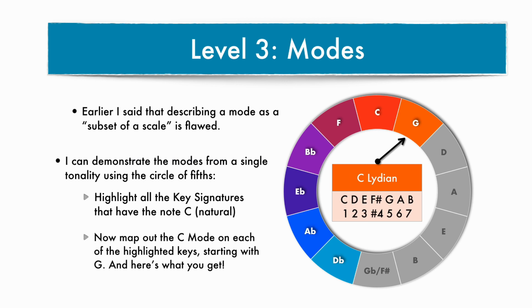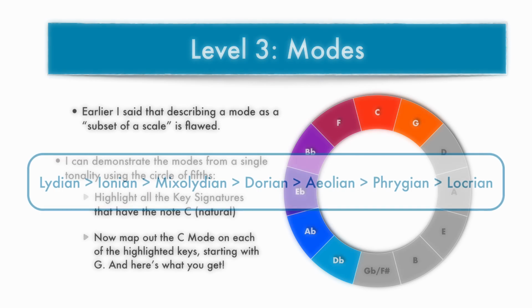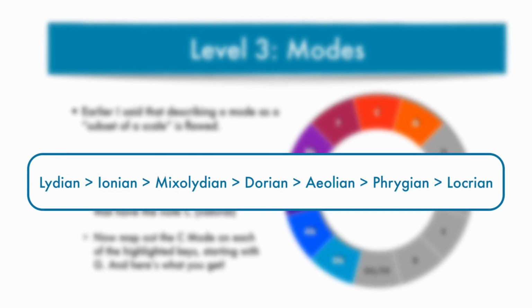Have your screenshot fingers at the ready, because I'm now going to cycle through, from right to left, the modes that you get. C Lydian, C Ionian, C Mixolydian, C Dorian, C Aeolian, C Phrygian, and C Locrian. And you may have noticed that's the same bright to dark order that we established previously, Lydian being the brightest,